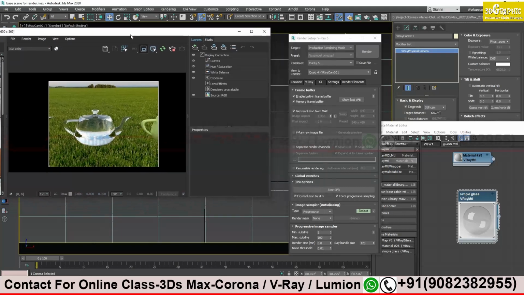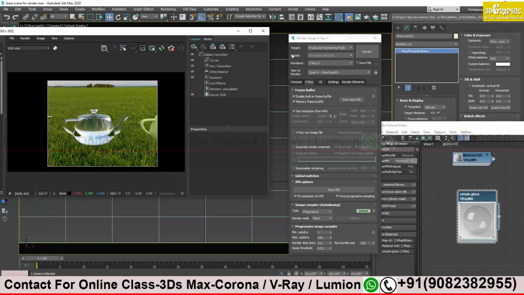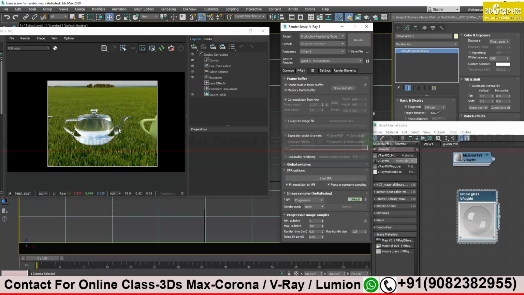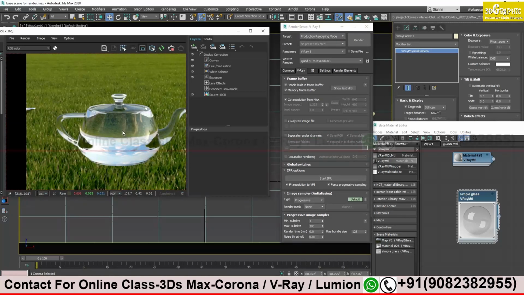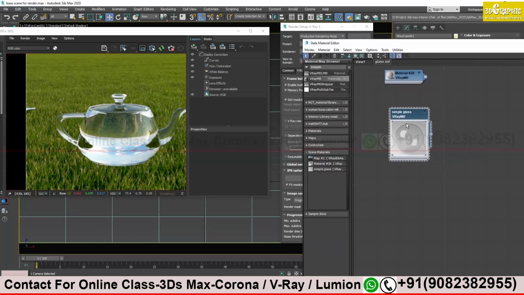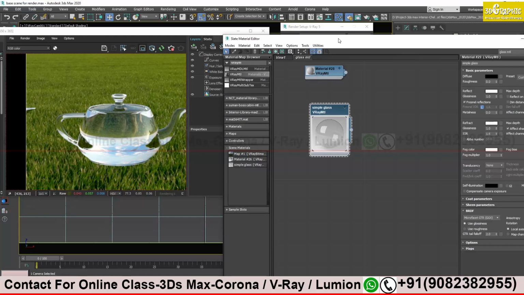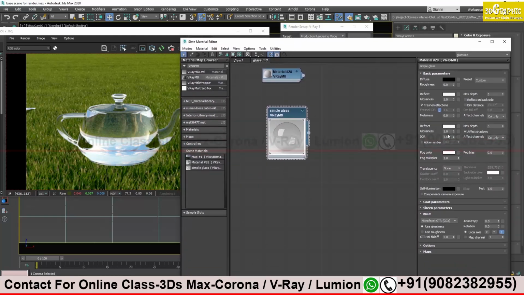Okay, this is the result which we are getting. Simple white glass. You can see the computer screen, right? Simple white glass we have with the transparency. So a little bit about the features over here. Reflection, it will reflect the outside surface. The surface will be reflective. Refraction is how much light will go inside your glass.